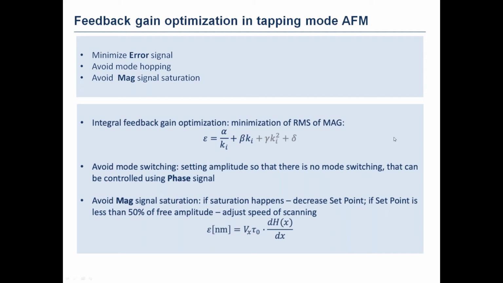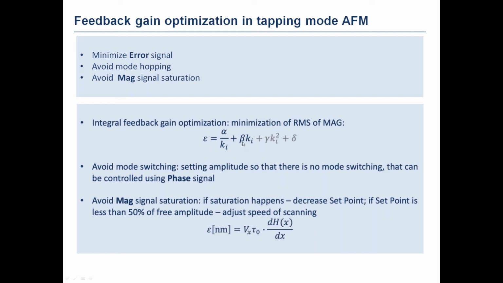Well, first of all, the general aim is to minimize the error signal. We need to avoid mode hopping or mode switching in AFM, and we need to avoid magnitude signal saturation, which refers to the parachuting effects we've been talking about. So the integral feedback gain optimization might be done in the following way. The error signal can be approximated with this kind of equation, even some parts of the second order can be taken into account, but in general, this equation is quite obvious as